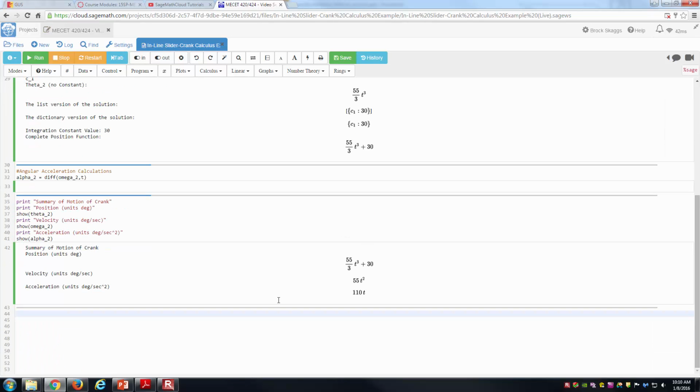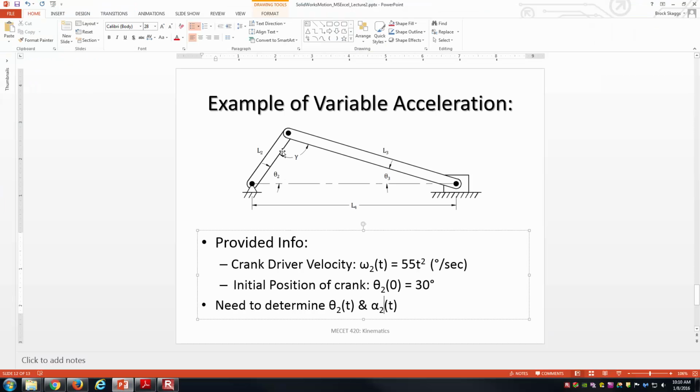And print those values. And so now we've got this nice, very neat and organized block here on line 42 showing us the angular position of the crank, 55/3 times t cubed plus 30, the angular velocity, 55 times t squared, as well as the angular acceleration here, 110 times t, for the motion of, again, this crank here, given